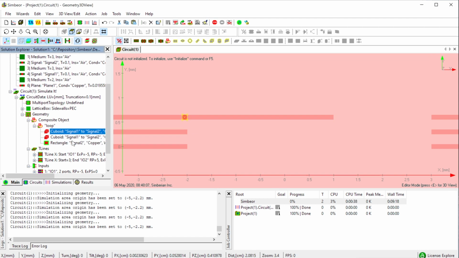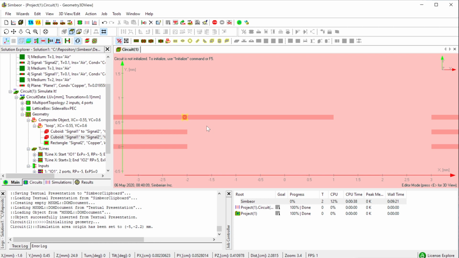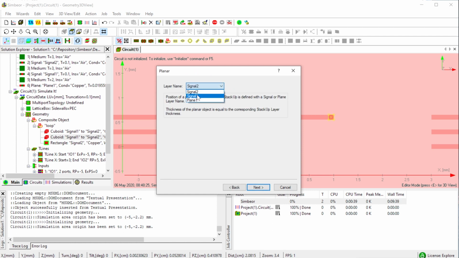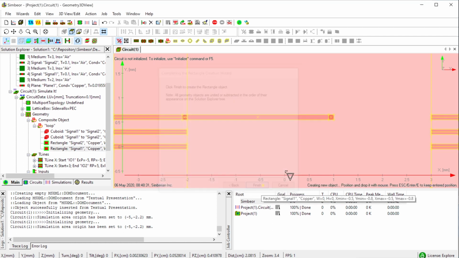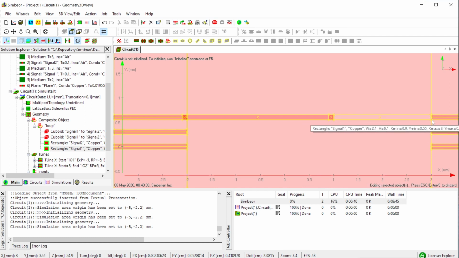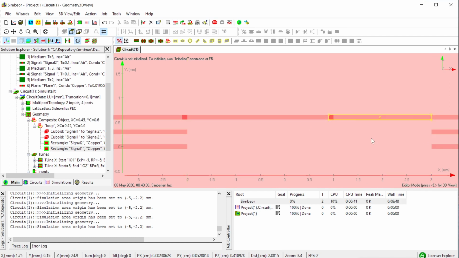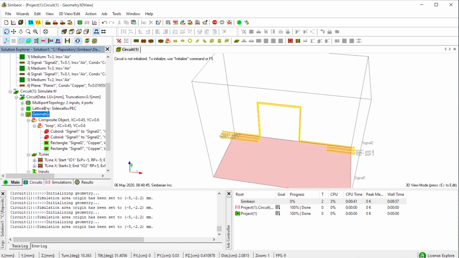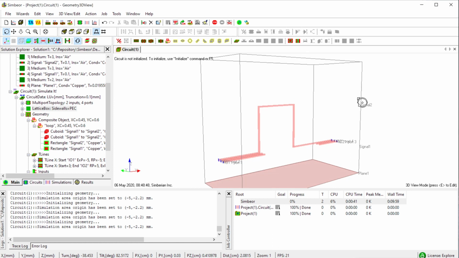So I copy paste this thing, come here and use one click in the editor to enable it, and move this thing with arrows to here. And now I need to connect this remaining part. Again, I use a rectangle in signal 1 and draw it. So let's see what we've got. I switch off editing mode and see we've got this loop here.